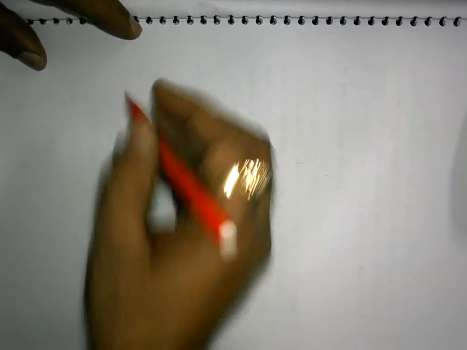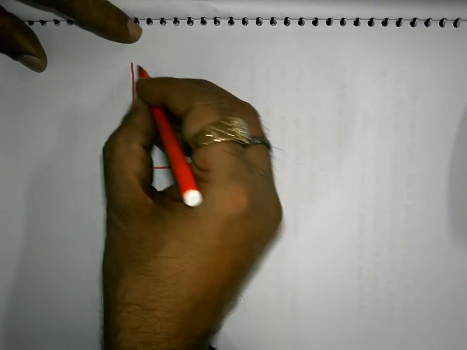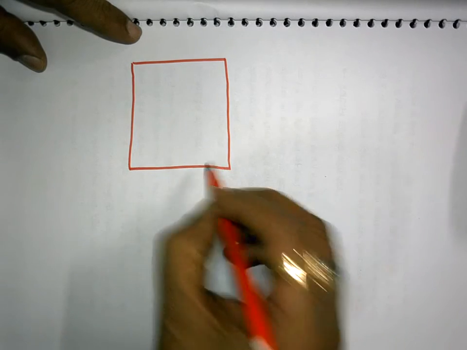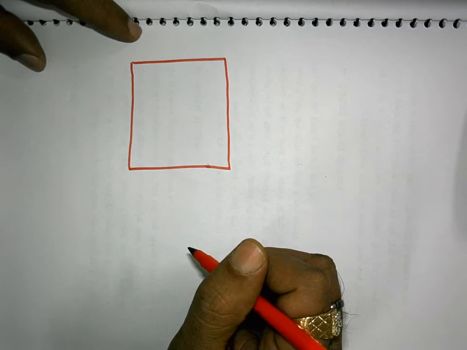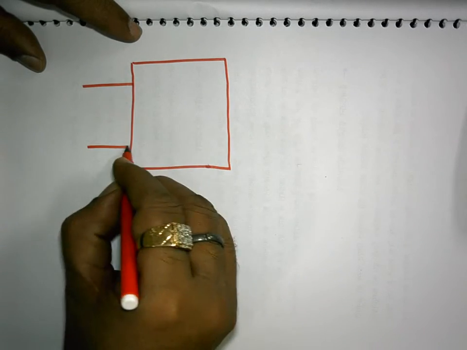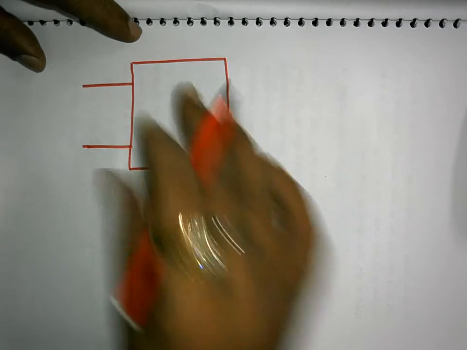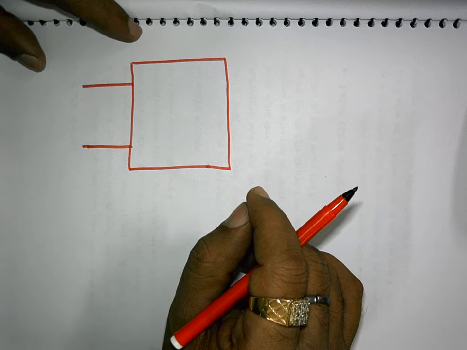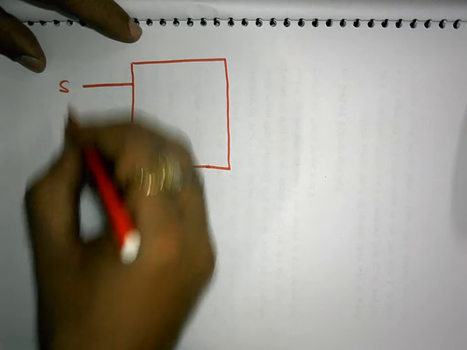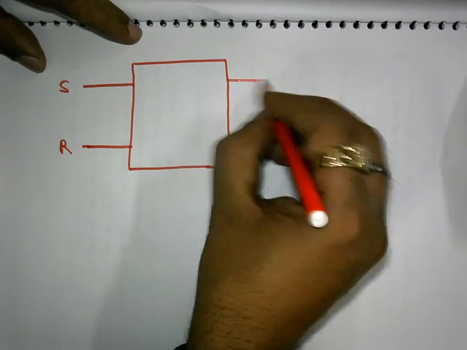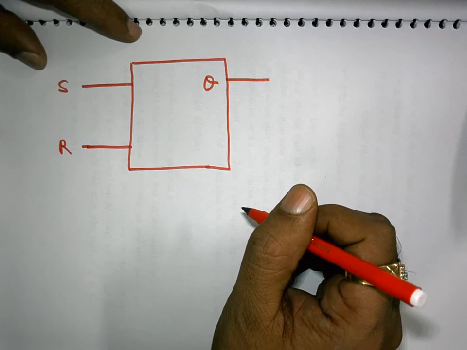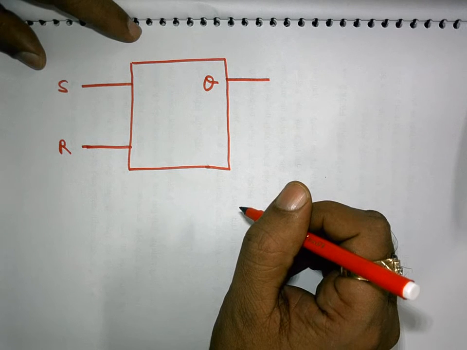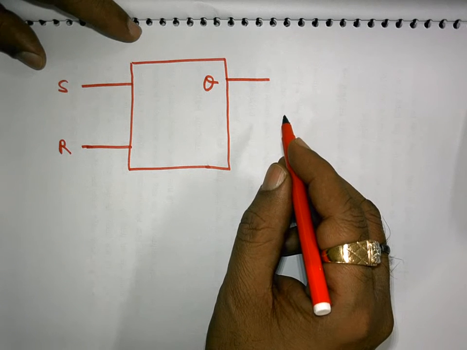Suppose we look at the same circuitry from a different point of view. Now I will simply identify the SR latch through this block. I will not bother whether it is NAND circuitry or NOR circuitry inside this block. I am simply saying this input to be S, this input to be R, and I am taking only one output because the other output is the complement of this. It is not needed to see what is there at the other output.